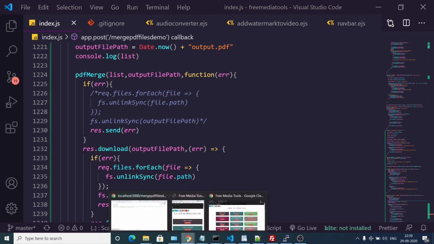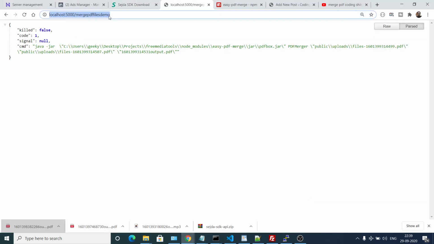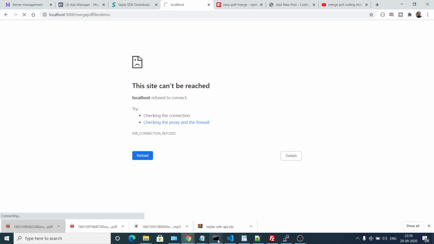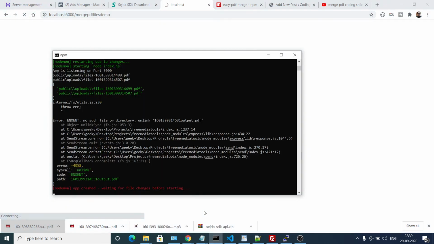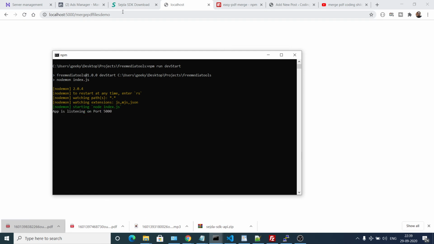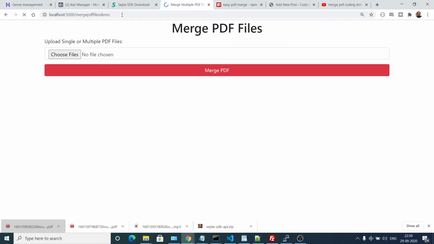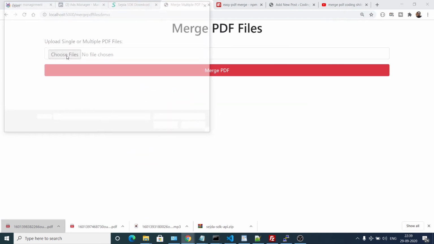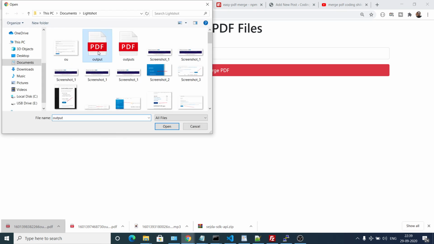Just wait, guys. I am just looking at the errors here. What is the error that has taken place? If I restart this application, npm run dev start. If I once again select multiple files,